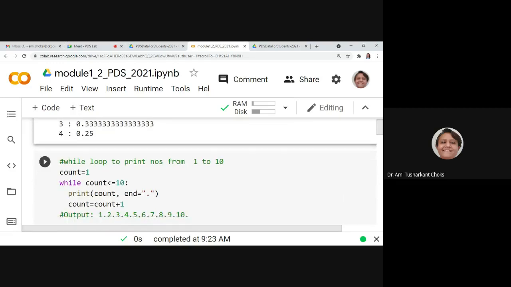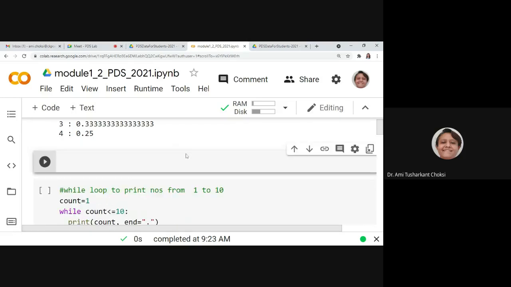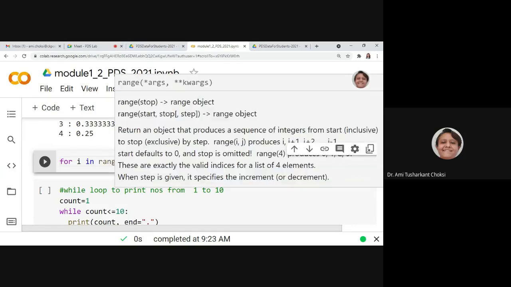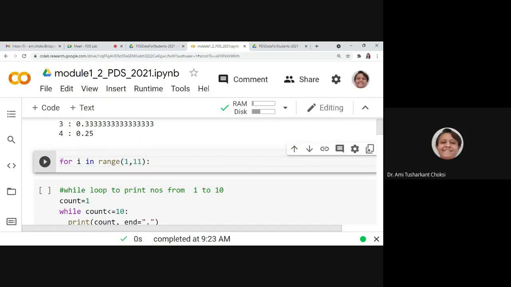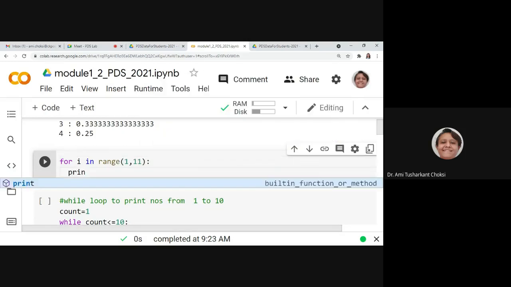If we want to print numbers from 1 to 10, what should we do? It's very simple. With a for loop, we can write: for I in range 1 to 11, print I. You may say, ma'am, you are not putting any indentation.